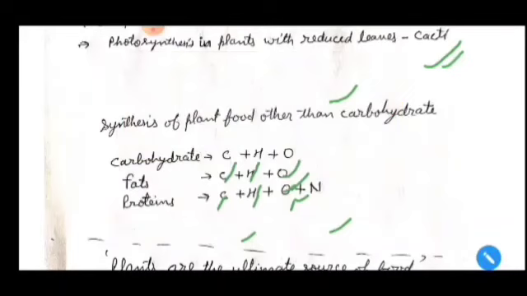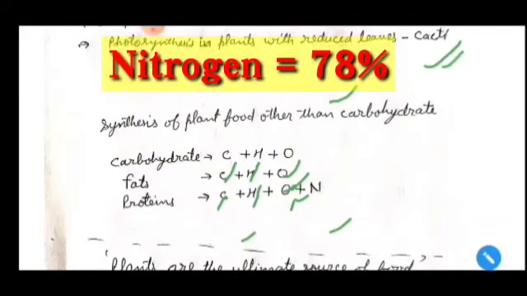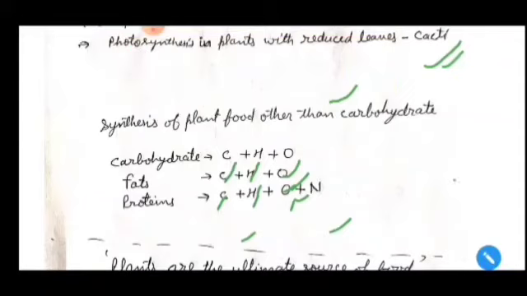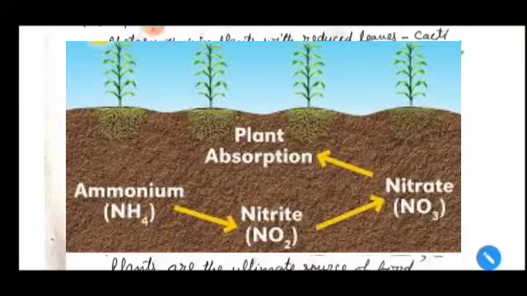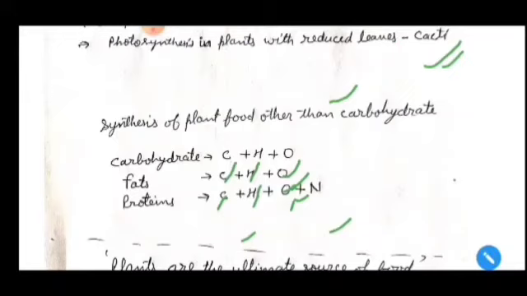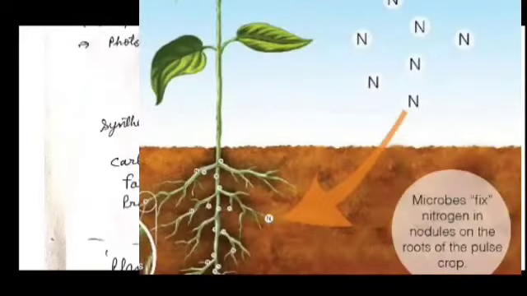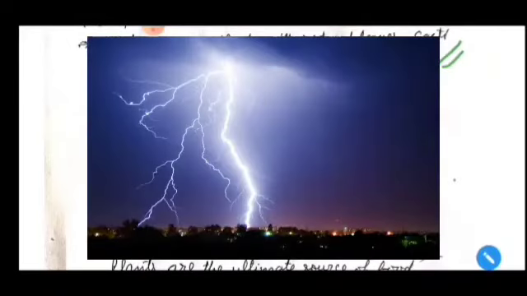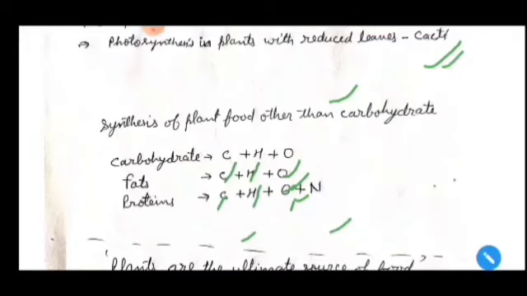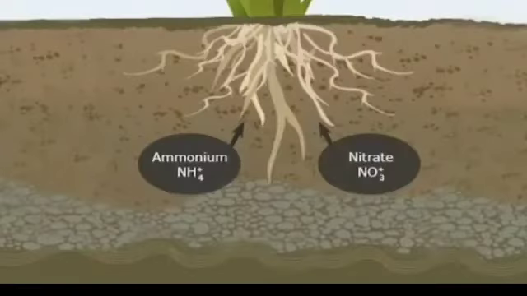So nitrogen is present in the atmosphere in huge quantity, but that nitrogen cannot be taken by the plants. They take nitrogen only when it is available in water soluble form through the roots with the water. The atmospheric nitrogen is converted into water soluble form by some bacteria, that is nitrogen fixing bacteria, and some natural phenomena like lightning, and it is dissolved in the water present in the soil, and in dissolved form plants take it through their roots, and it rises into the plants, and plants synthesize protein.